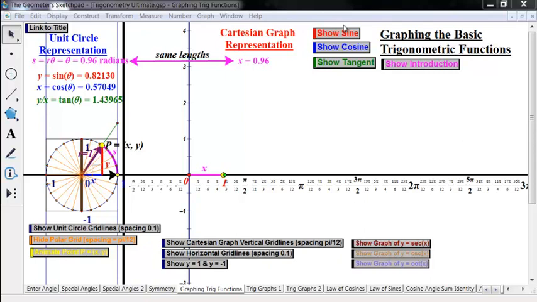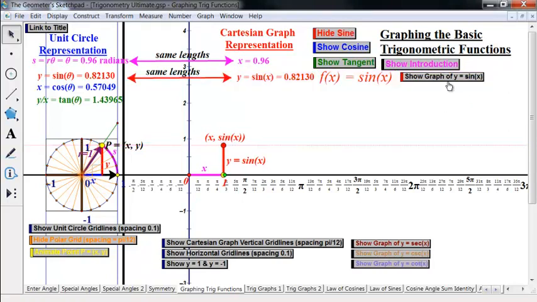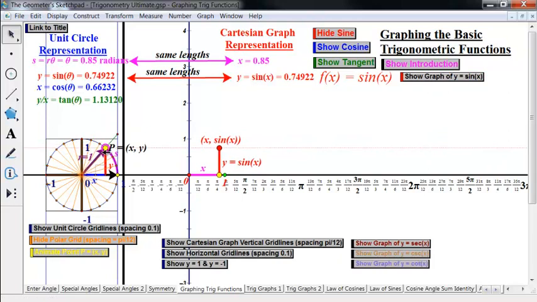Well, we're back in our third of our series of lectures going over how the unit circle representation is one way we can represent trig functions, but another way is with a Cartesian graph. So we started with seeing how sine could be seen as the y value here on